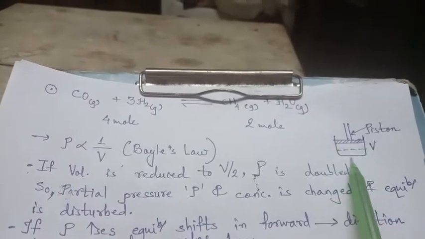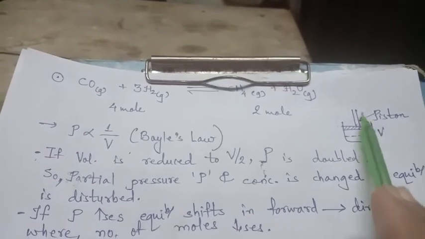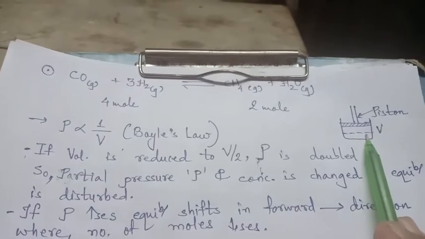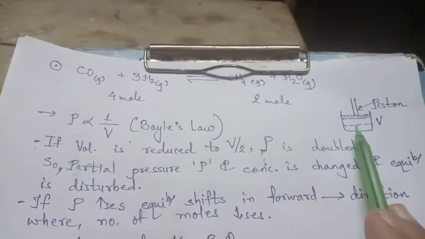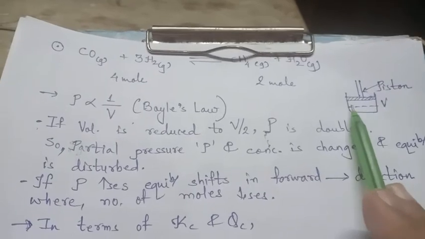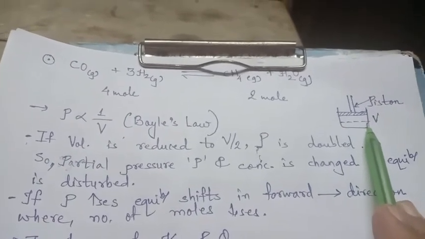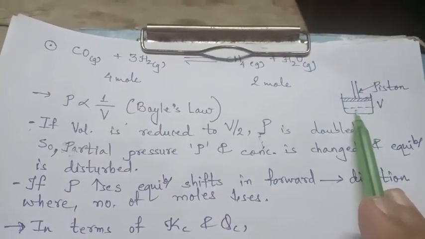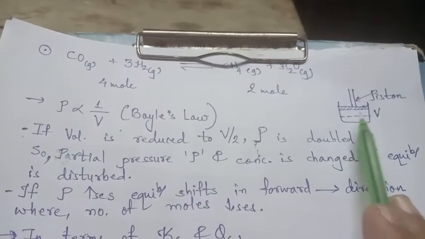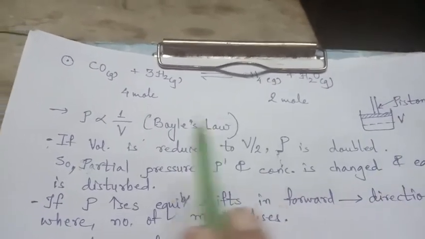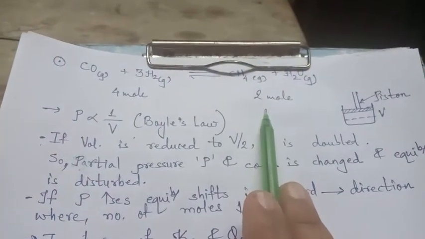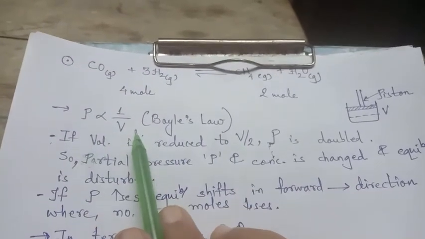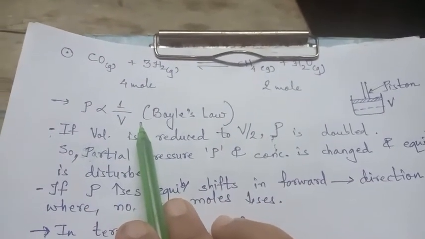If here 4 moles are first filled up, then on applying the pressure, it will come together. What will come together? The particles of the gas, which has more intermolecular space, will come together and it appears to be at half. So here the effect of the pressure is seen, that it becomes half, 4 moles to 2 moles, right? Even Boyle's law has explained pressure and volume are inversely proportional.